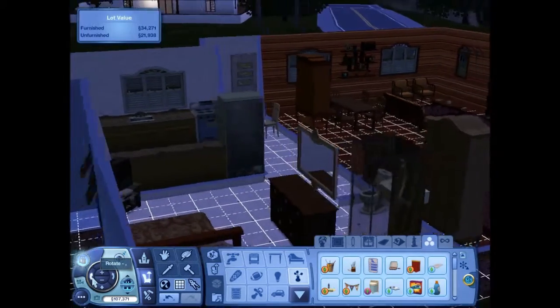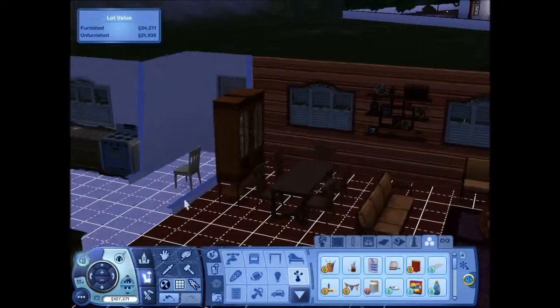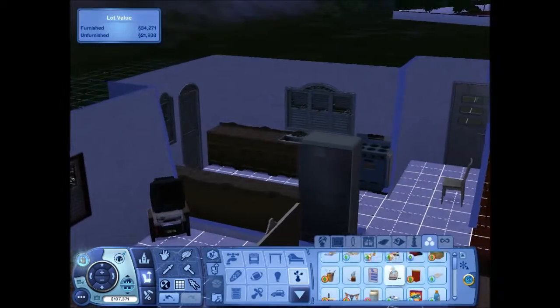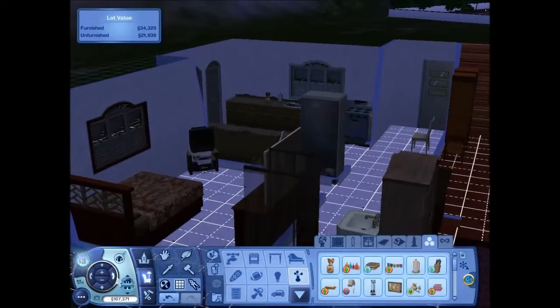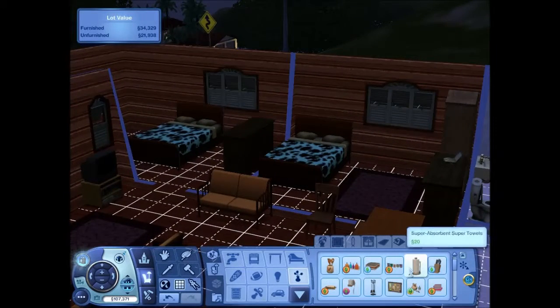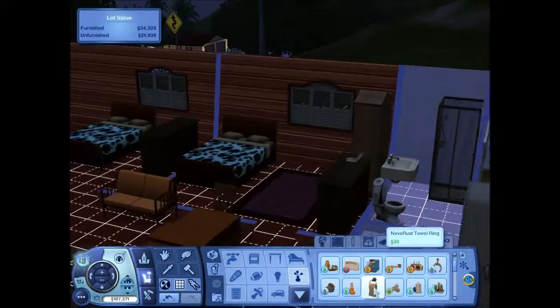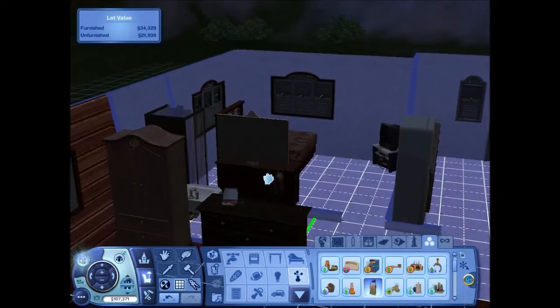Well, I'm not really gonna put many little knickknacks all over the place because my grandmother's house, she didn't really have a whole bunch of stuff, as she would say, knocking about. Like, she had everything in its place, everything had a place, and that's where it needed to be. But just for the sake of the Sims that might live in this house, I will put a couple things here and there just to give them the decorated moodlet. Because you know how Sims are. They get upset if, you know...